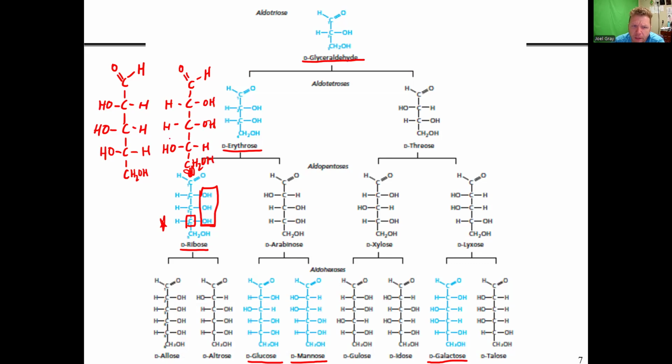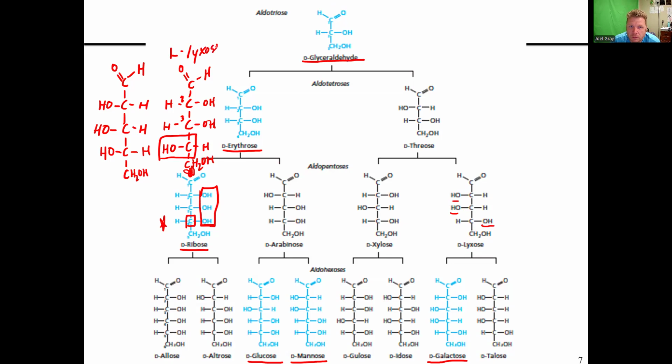Here what I have is hydroxide groups on carbons number 2 and 3 that are on the opposite side of my structure as the hydroxide group that defines this as an L or a D sugar. So essentially, this sugar that I just drew right here is L. And then let's look at my other sugars. Where do I have my L or D sugar on one side and then the other hydroxide groups on the other side? Well, this would be